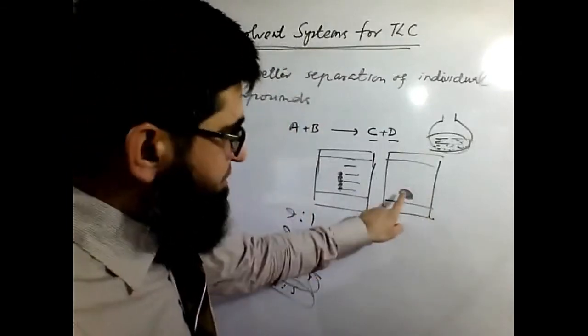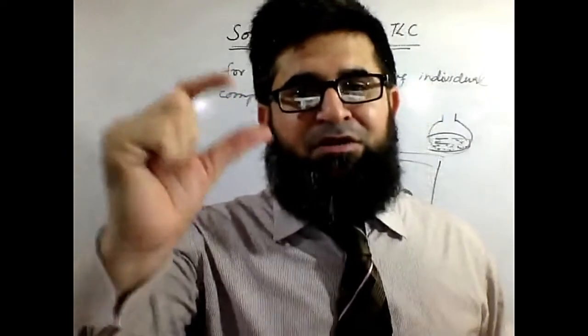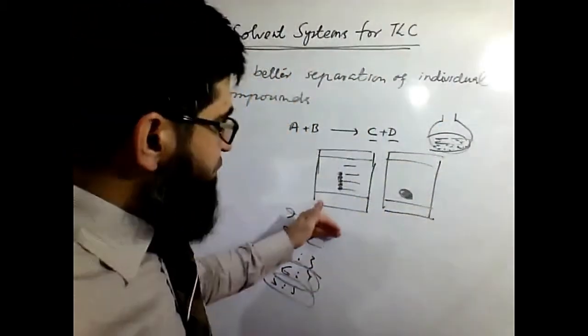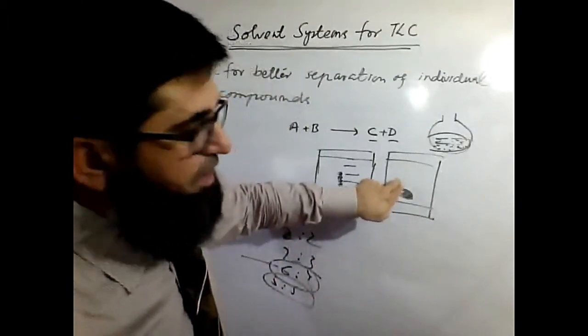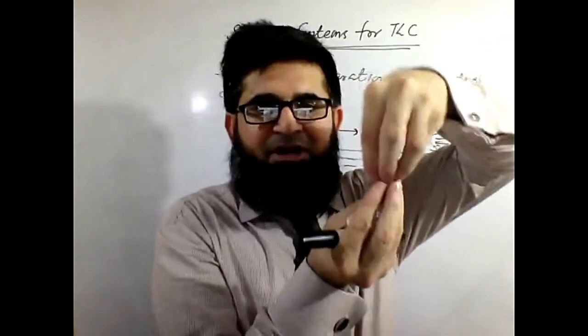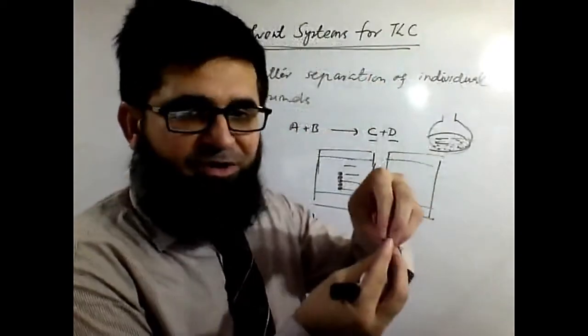So under such conditions, with natural compounds, you don't have an idea how many they could be. So you try different solvent systems. With different solvent systems, you will see the components start separating from each other. With 90-10, let's say they will separate into 2 spots. The big spot has got separated into 2.